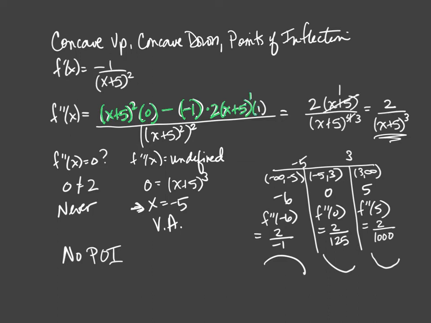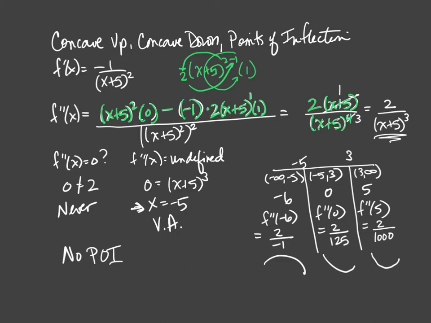And there I'm using the extended power rule, the chain rule, right? Bring the 2 down to the front, subtract 1, and then scoop up the inside and find the derivative and multiply. So that's how I got 2 times x plus 5 to the first times 1. All over the denominator squared, so x plus 5 squared squared. So if I clean up that numerator, x plus 5 squared times 0 is 0, minus a negative 1 times 2, that gives me a positive 2, times the x plus 5, divided by x plus 5 to the fourth.